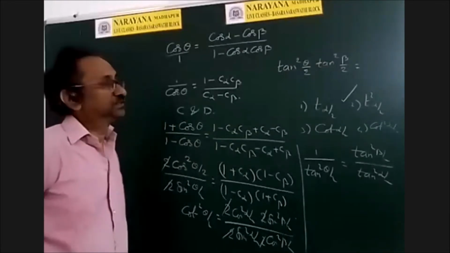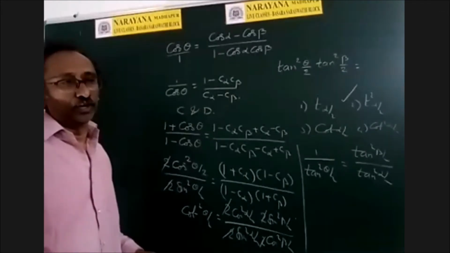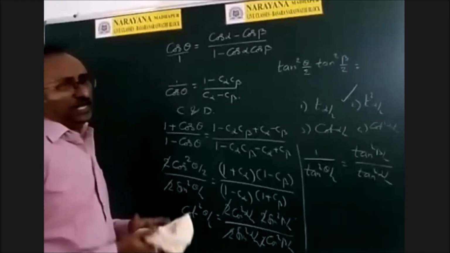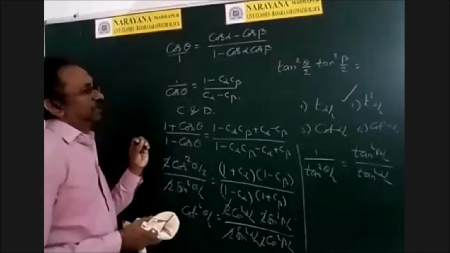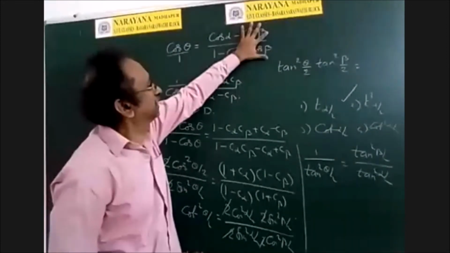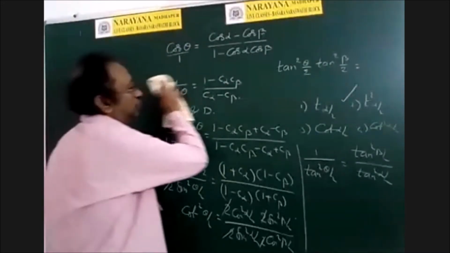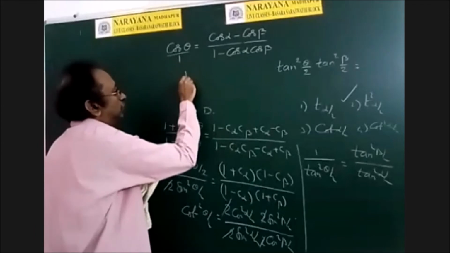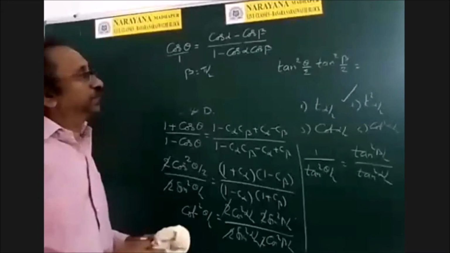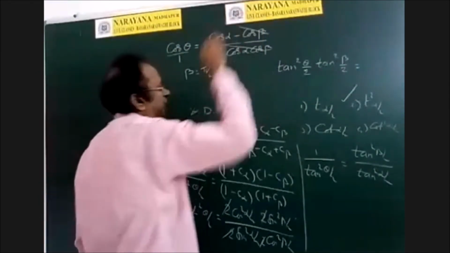So sometimes in the examination, we may not get an idea like this using componendo dividendo, but you will get it, no doubt. But if at all there is any confusion, first of all, you can try for the options. See, suppose if this cos beta is eliminated, then the problem will be somewhat easy. So suppose put beta is equal to pi by 2. That means cos beta is 0. Here also cos beta 0.